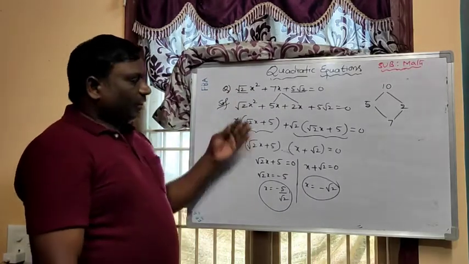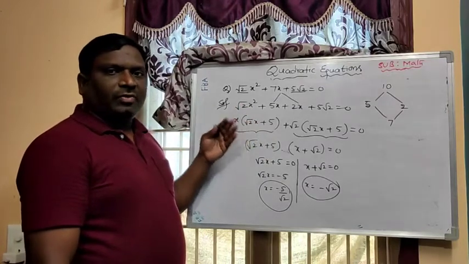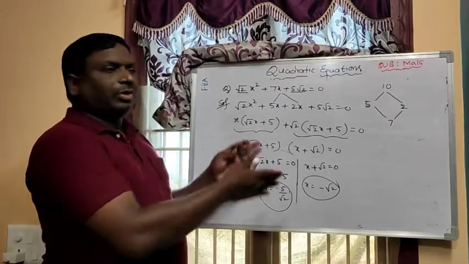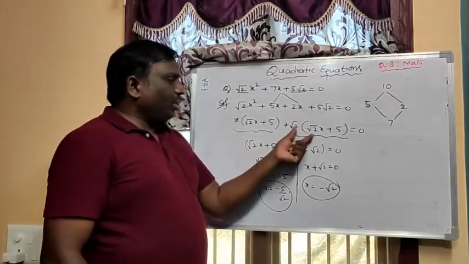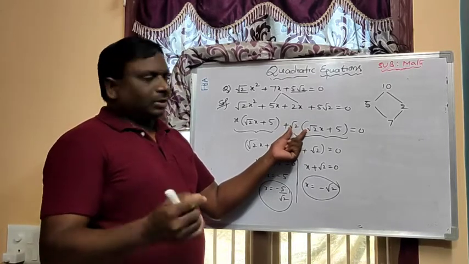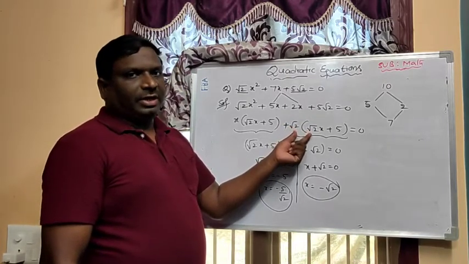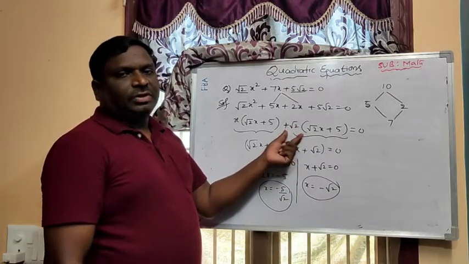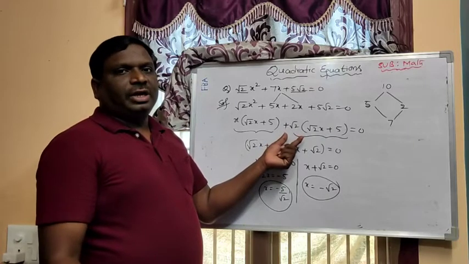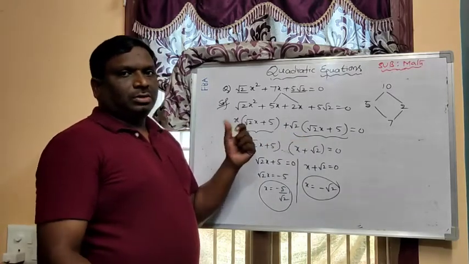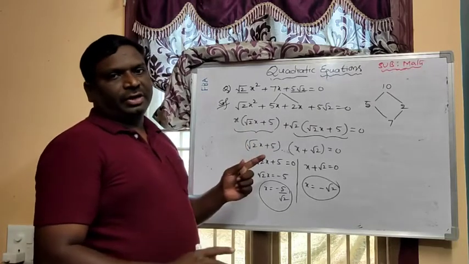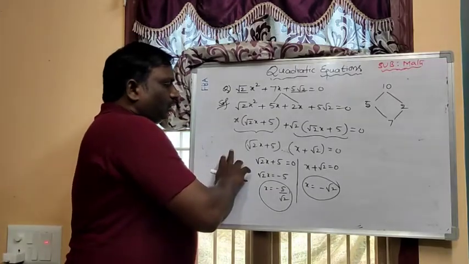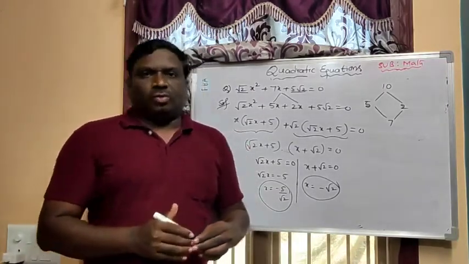When they give root values in quadratic equations, children definitely feel it is difficult. No, there is no difficulty when you are taking the common. If you know how to take common, only this one is the simple one, but you are feeling difficult here. But when you think it is easy, it will become easy. If you think it is difficult, then it will become difficult. Don't think in a difficult way. We can be positive, then we will get the solution. So in this way we can find the solution of a quadratic equation.